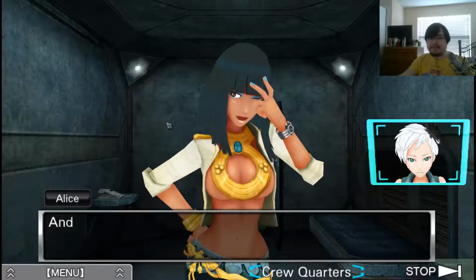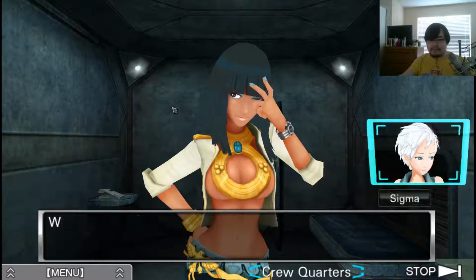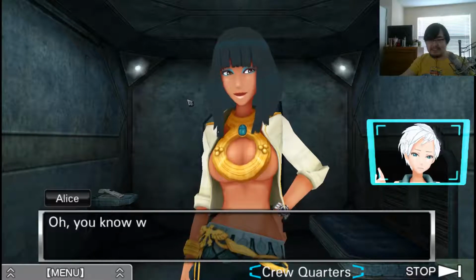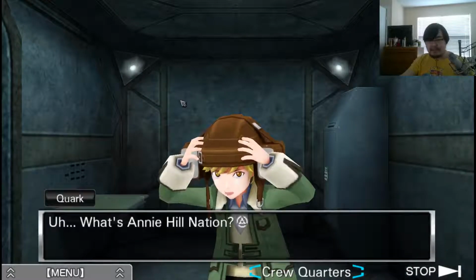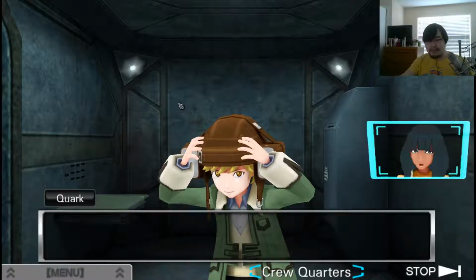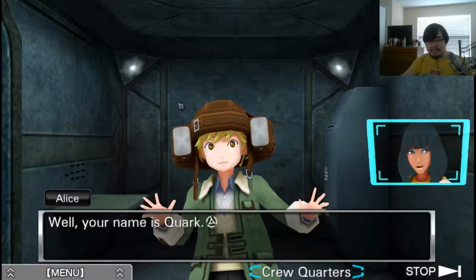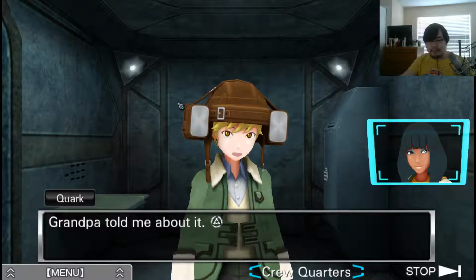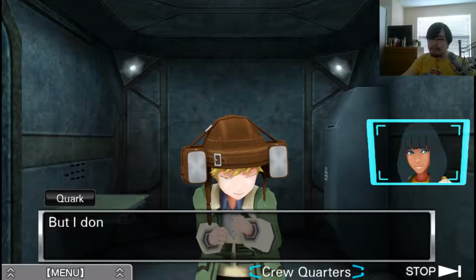No, I'm pretty sure too. And it's not just any kind of bomb. It's an antimatter bomb. Antimatter? Wait. What? You mean a bomb that uses annihilation energy? Oh, you know what that is? Anyway, yes, you're right. What's annihilation? I would have thought you'd know. Huh? Why? Well, your name is Quark. You do know what that means, right? Yeah, Grandpa told me about it. He said it's an elementary particle, one of the smallest bits of matter, but...